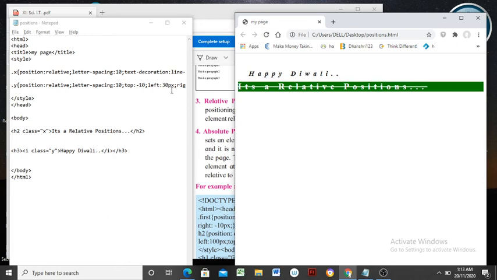So the maximum values are applicable. One can change the font also. One can apply size, background colors, text colors, if you wish, no doubt, for this particular content. Within such a Y selector, we have applied only letter spacing, left, right, and top, while we can also apply a text color as well as a background color. See here how it is possible.